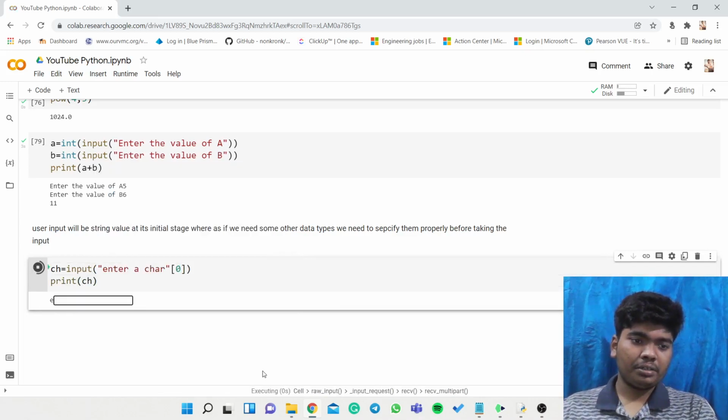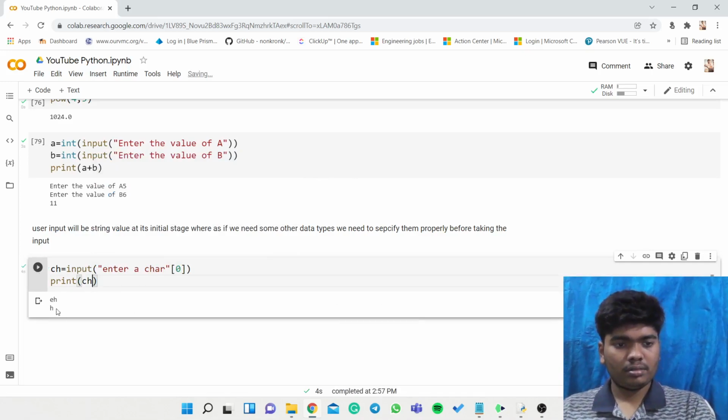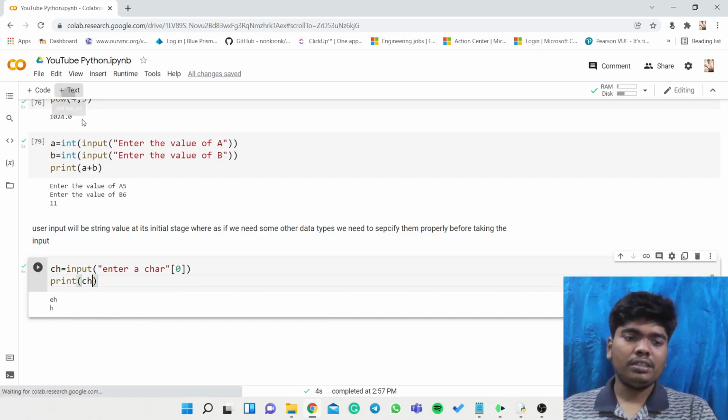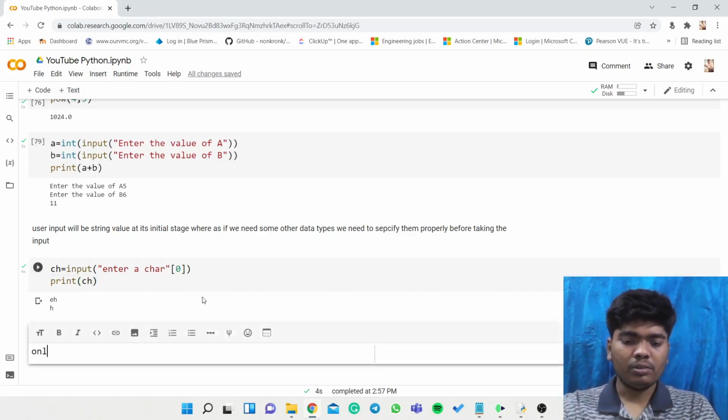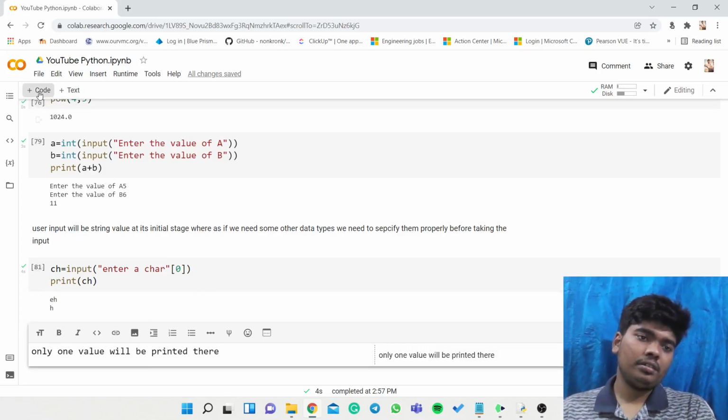It will print only the first character, so whatever it takes as a value, only that one value will be printed.